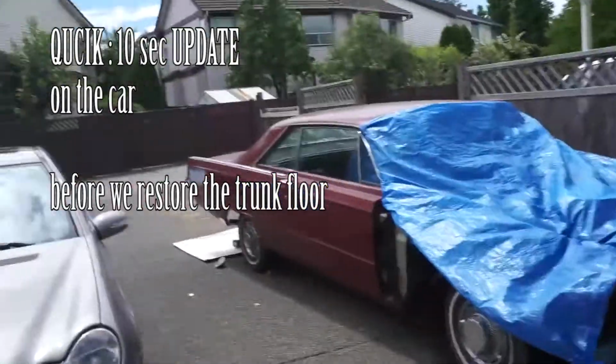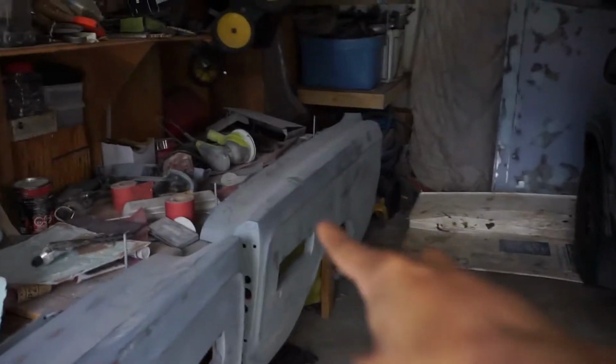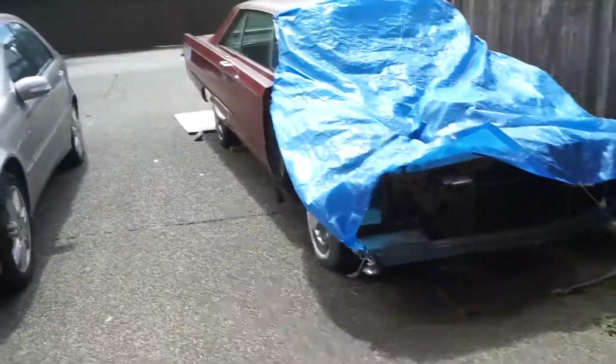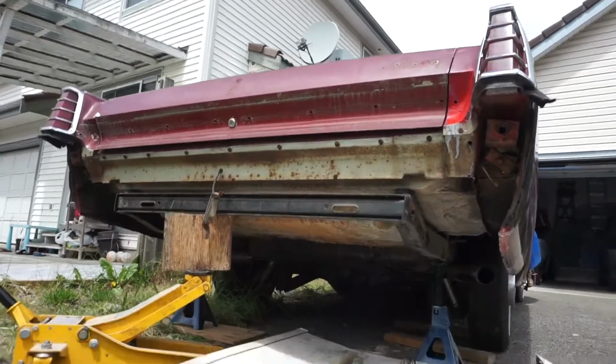Alright guys, quick update on the car. All the molding's off, primer ready. The hood's gonna be getting ready for primer. Then we're gonna be painting the whole car. Today what we're working on is, see I got it up on jack stands,